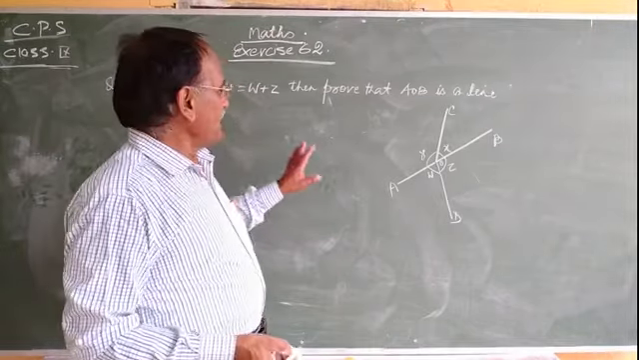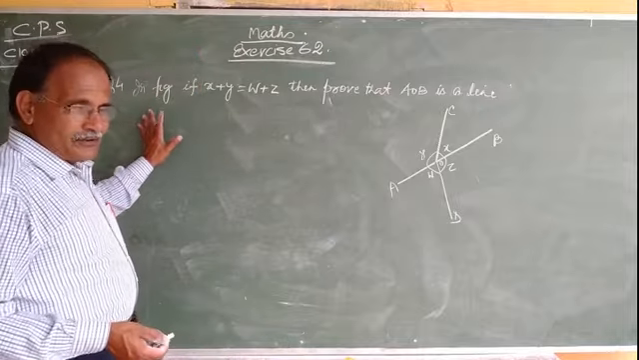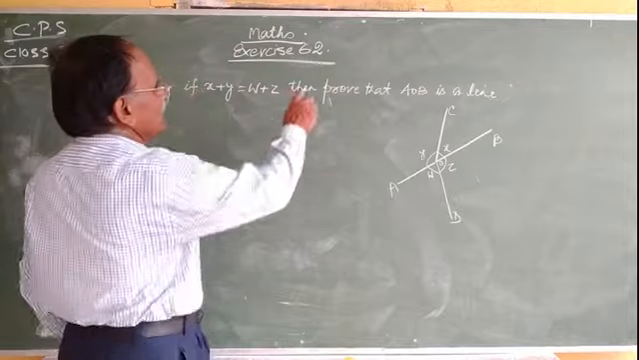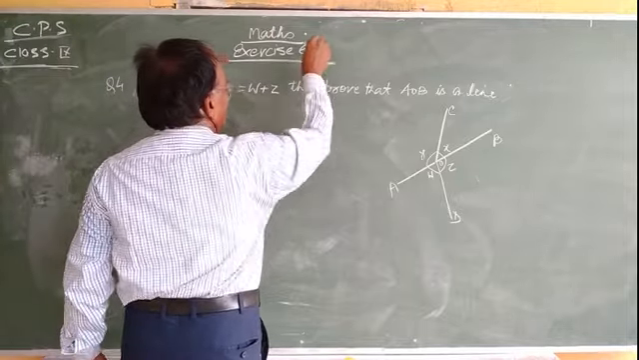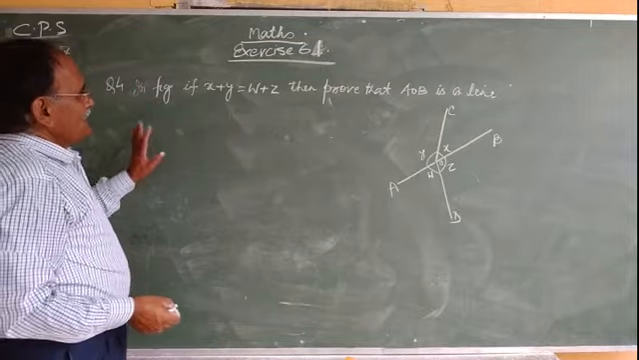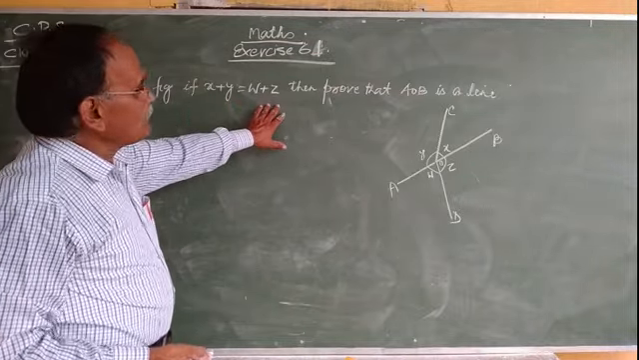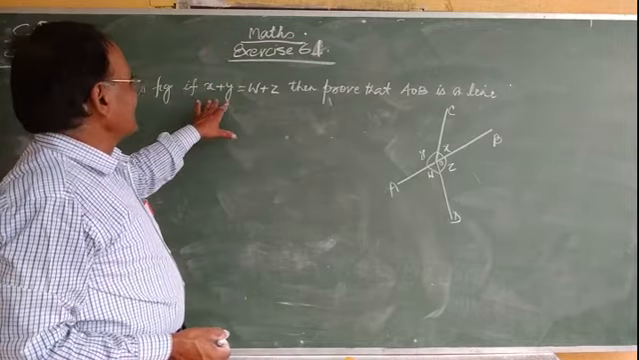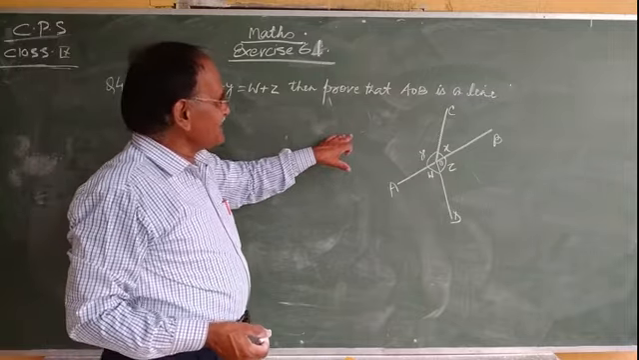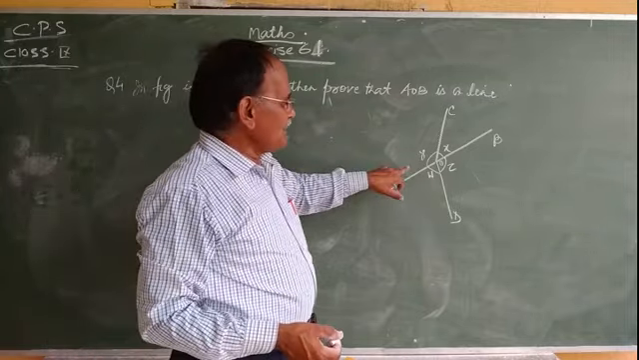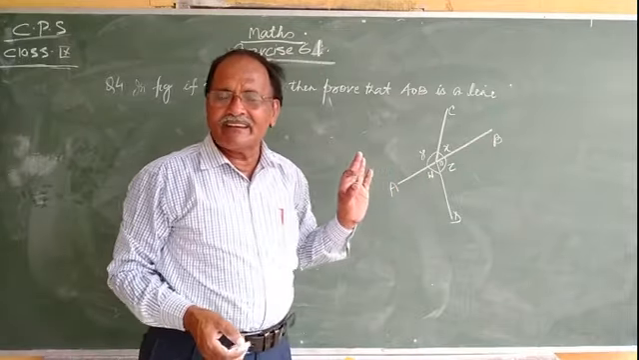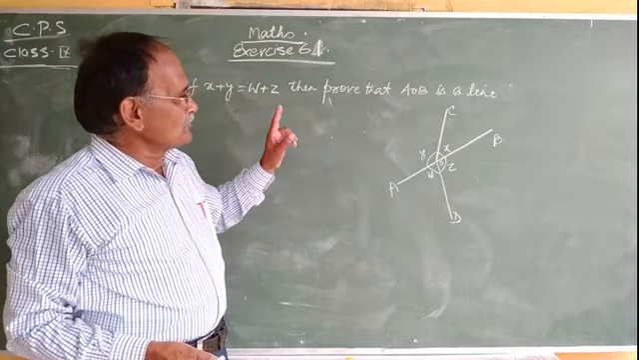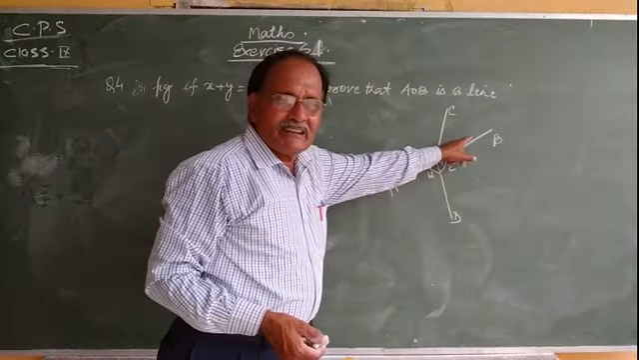Hello students. Now I am going to solve question number 4. It is an important question of this exercise 6.1. According to the figure, it is given that x plus y is equal to w plus z. Then we have to prove AOB is a straight line. To be a straight line, we have to prove that AOB makes